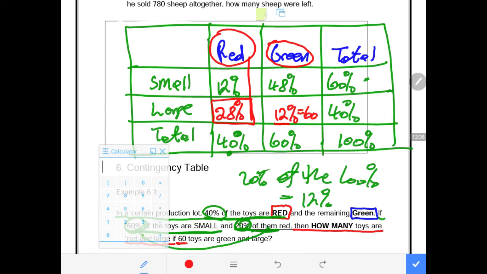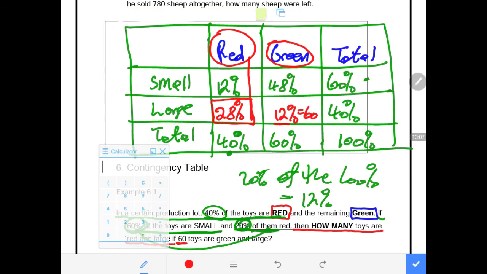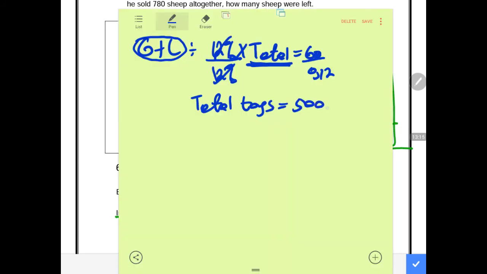So now we continue on that note. We'll say total will be equal, let me not use that one, it will be divide by 12%. 12% cancel 12%, and we divide here by 12%. Remember, that is 0.12. Then our total toys will be equal to 60 divided by 12%. It will be 60 divided by 12%. Meaning in total we had a total of 500